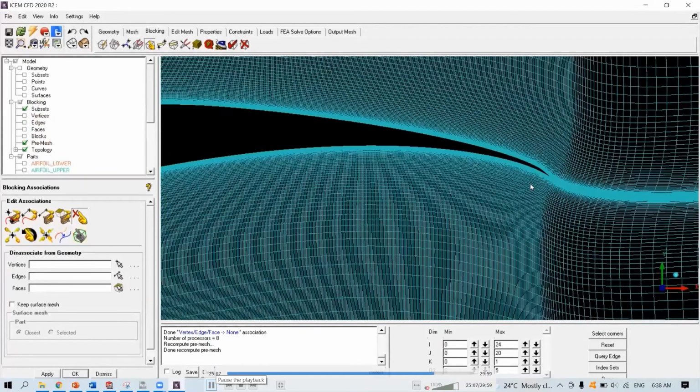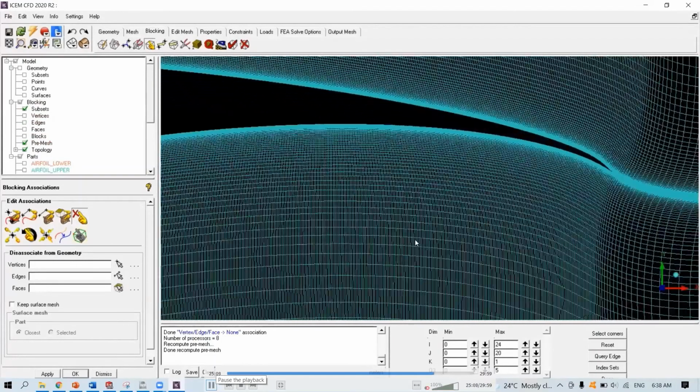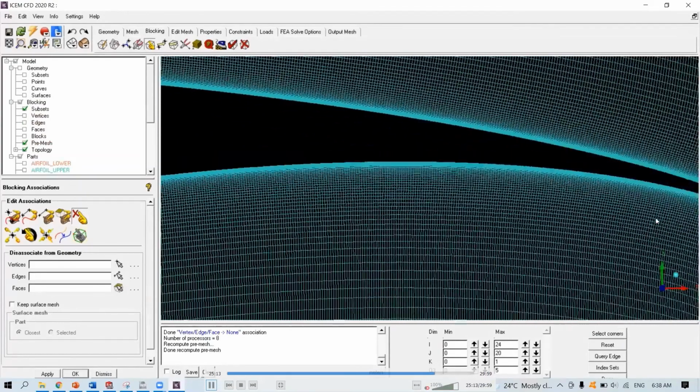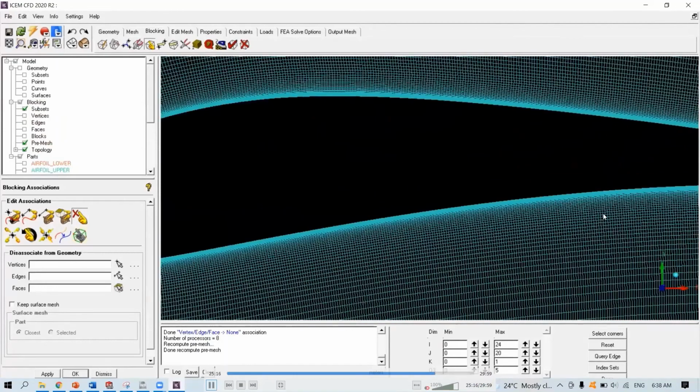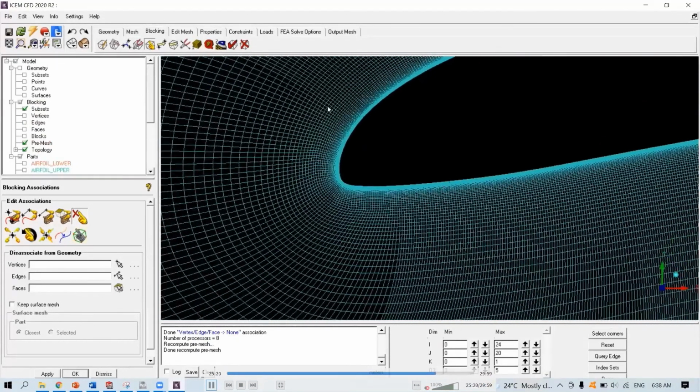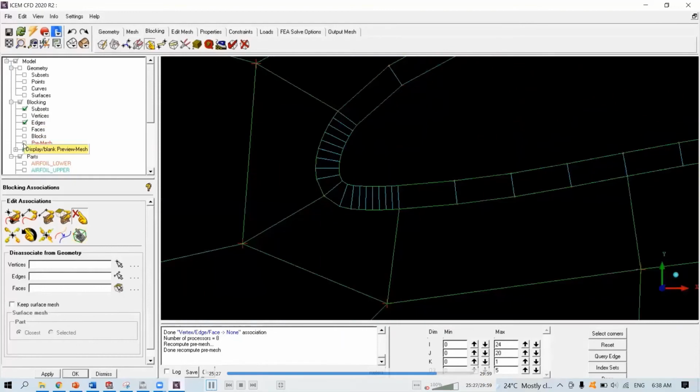Okay, you can see that there's a big jump over here. It's not that important actually, because what's important is whatever is close to the airfoil. But we can fix this. And turn on the edges, turn off your pre-mesh.